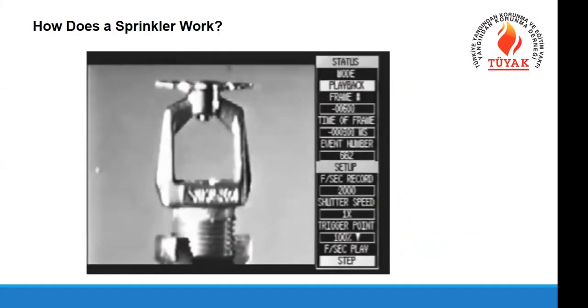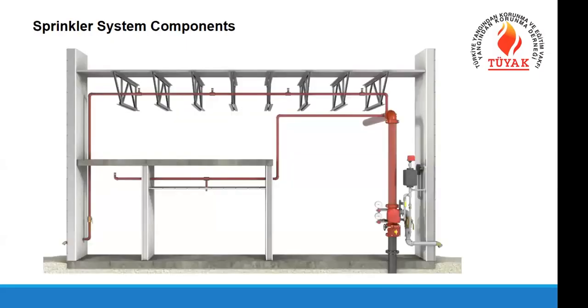So this system starts to work with the heat activation of the sprinkler. The system components of a sprinkler system consist of the alarm valves, the piping system, and the sprinklers on the different parts of the building. You can see the sprinkler heads on the ceilings or sometimes on the walls. They are connected to each other with piping, and in the riser that we call the main pipe, we